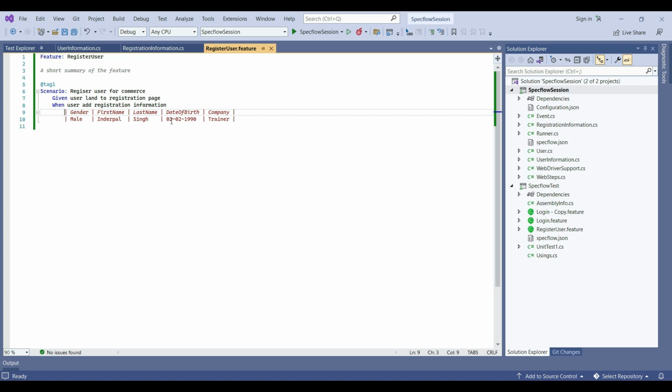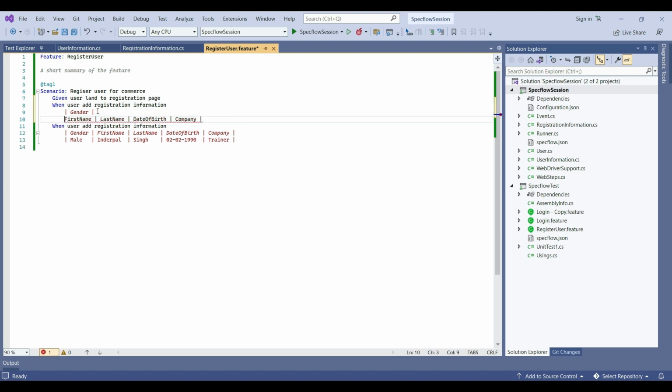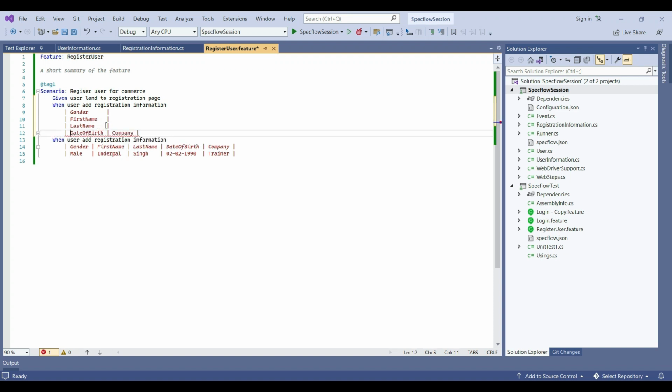If we talk about this particular data table, we have saved the information horizontally. We can also save the information vertically. So whenever we are creating the data, let's copy this column and the step as well. We are going to add the information here itself. We are going to convert all the columns to vertical, and then we are going to add the rows as well. So this is the first name, this is the last name, and this is the date of birth